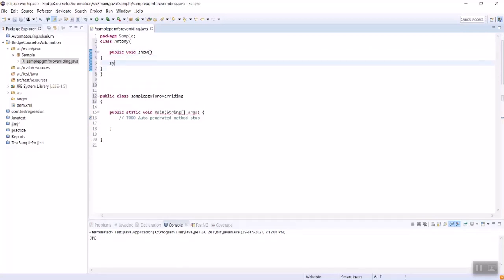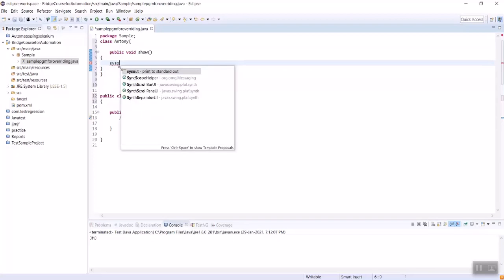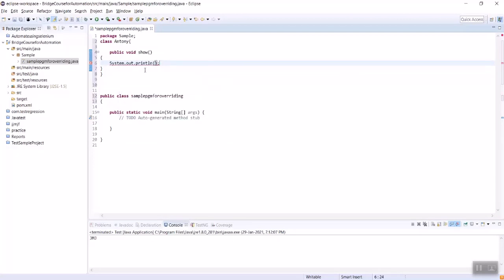The first class is line number 2 to 8. Type SYSO, then press Control and space bar on the keyboard. Then automatically it will give you System.out.println. No need to type the full characters one by one.